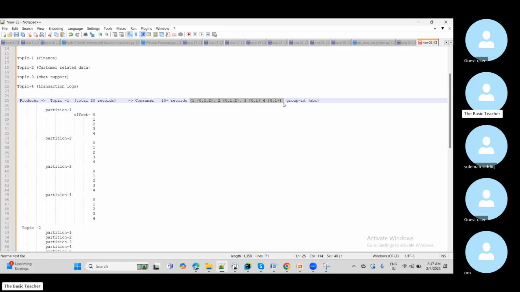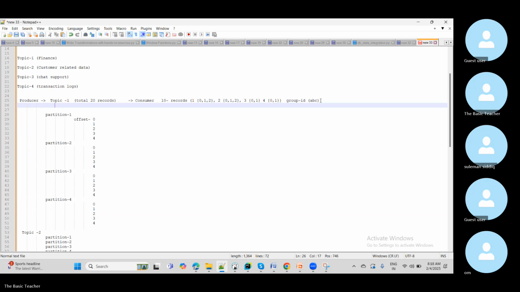Unless you request for it, either you read from the beginning. If you say read from beginning, then it will start again from the beginning. But if you are not going to do that, then Kafka is mature enough to understand this. Kafka will simply save the offsets internally without any additional mechanism or handling. And when next time this job runs with the same group ID ABC, it will provide the data differently now. It will say, okay,